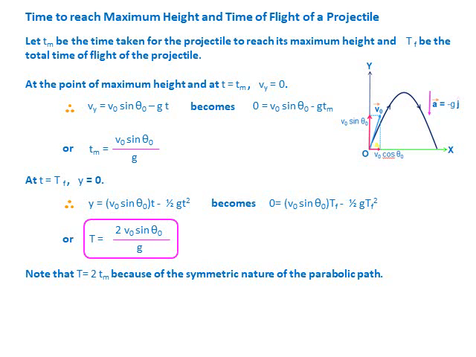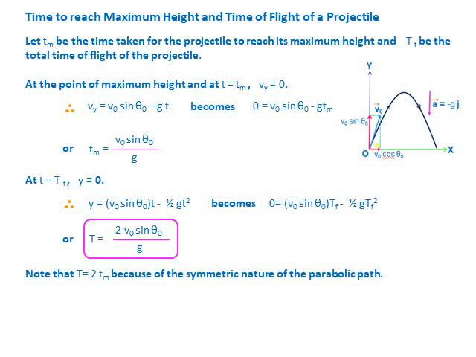the end point. So let Tm be the time taken for the projectile to reach its maximum height, and Tf, or simply T, be the total time of flight of the projectile. At the point of maximum height, you know that the vertical velocity will be 0. So Vy equals V naught sine theta naught minus gt, by using the first equation of motion. So you get Tm equals V naught sine theta naught upon g, and at t equals Tf,